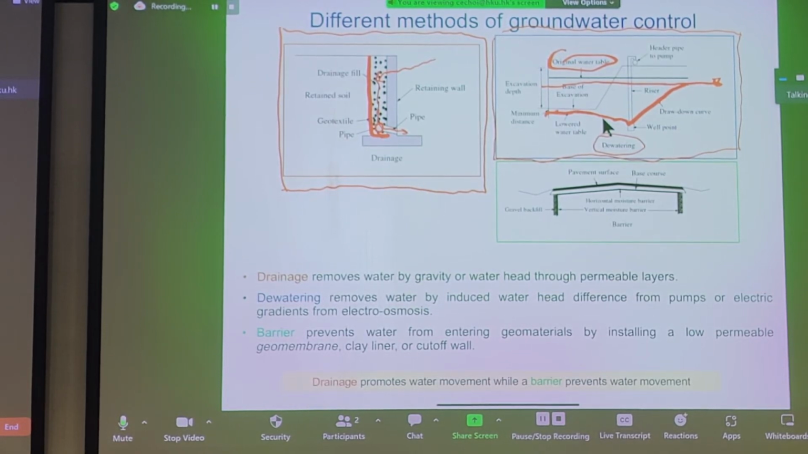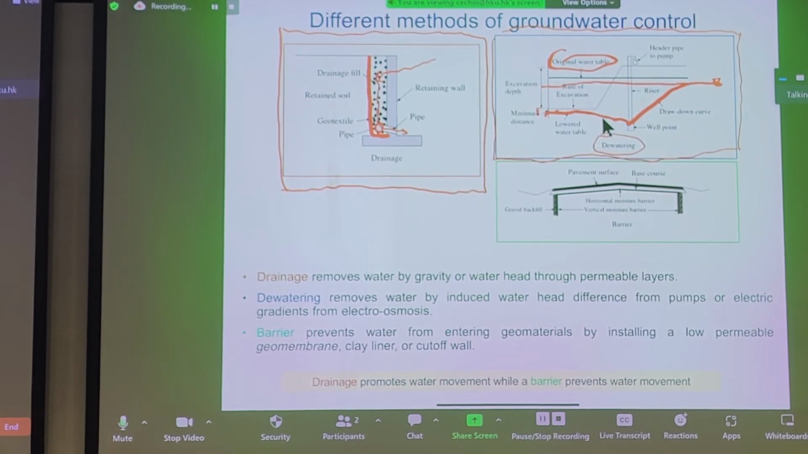You generally try to at least suppress the groundwater table to be about 1 meter below the working elevation. Otherwise, you can get very swampy inside a construction site. So that's what we normally do. There's also something called a pumping test. We'll talk about it later, but